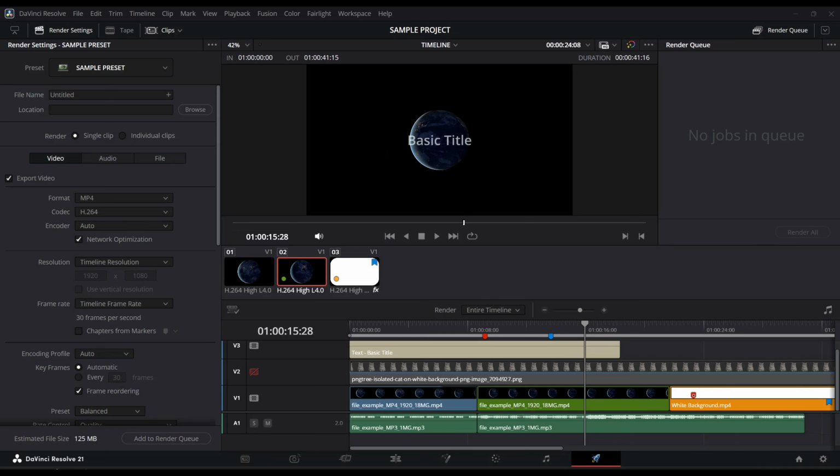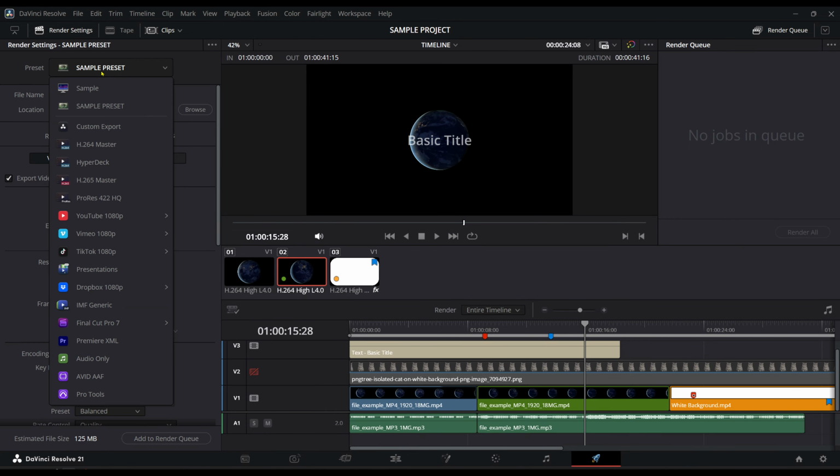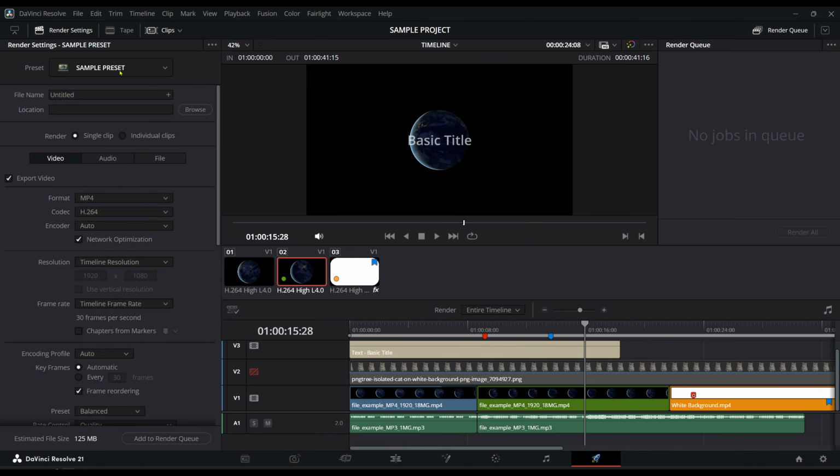In today's video, I'm going to teach you how to delete a custom export preset in DaVinci Resolve. If you've created your own export presets in DaVinci Resolve and want to clean things up by removing one you no longer use, the process is very simple once you know where to look. In this walkthrough, I'll show you exactly how to find your custom preset and delete it from the Render Settings